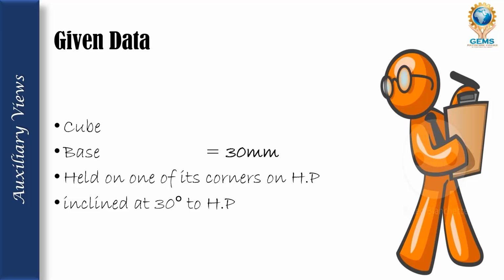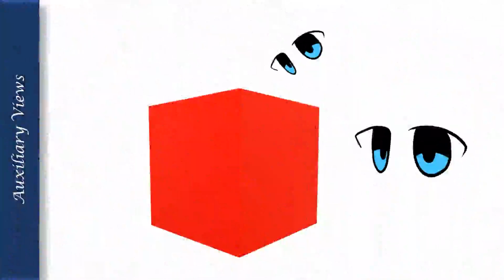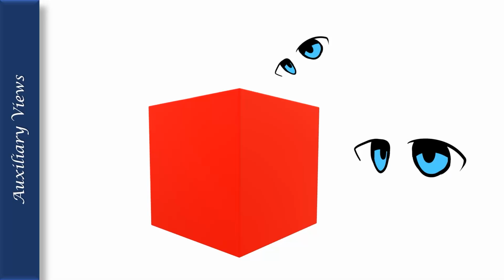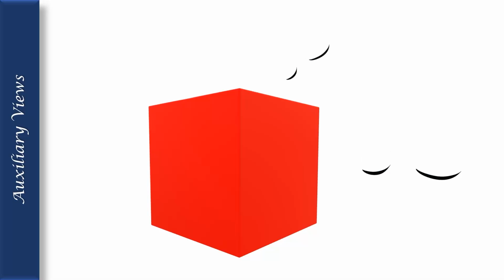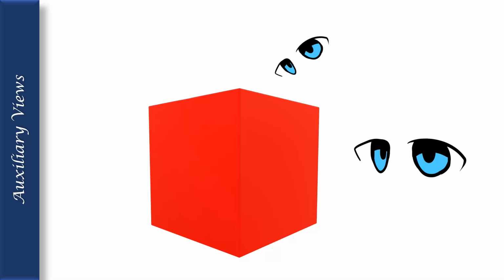How the auxiliary view projection will look like, we are going to draw that one only. Okay, so now before that, I'm going to show you how the cube will look like, and from where we have to see that, as usual like the previous video. Okay, just see that. Okay, now this one is the cube. So how we are going to draw the diagram, the same way I have shown you. What view you are seeing, that is the view of the cube. Okay, already I told you. So again I will remind you, this is the front view.